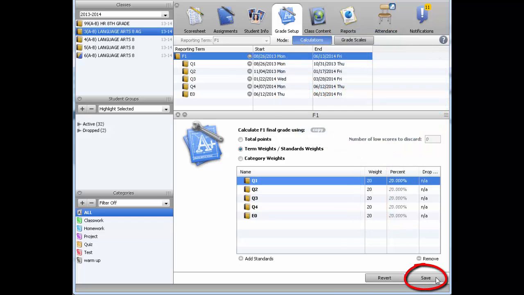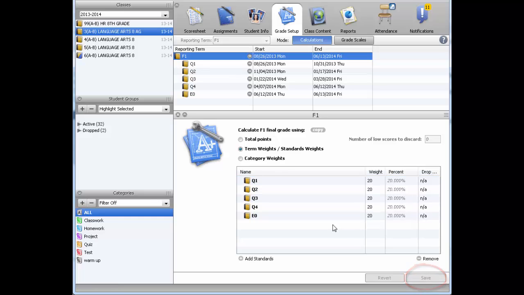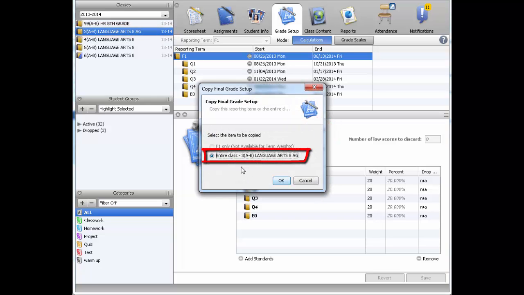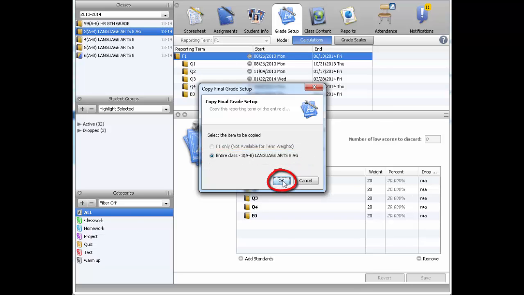And because we don't want to lose our changes, we're going to click on the Save button. Now that that's safely been saved, rather than make you do this for each of your remaining classes, since we did this change for your third period class, what we're going to do is to use the Copy button. The Copy button understands that we're going to be copying from this third period class, so I click OK, and